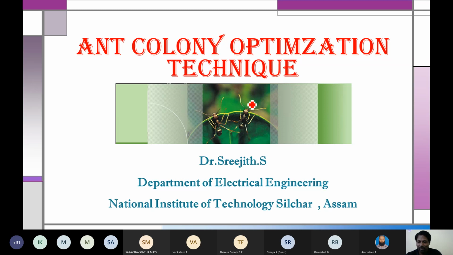If you specifically see with respect to electrical engineering, we have a lot of areas, right? Power electronics is there, power system is there, control is there. If you are just taking power system, you have a lot of problems, right? Load flow is there, economic load dispatch, optimal power flow, unit commitment, security constraints, a lot of problems are there. You can see in most of the problems people are using optimization techniques. Apart from this, location of FACTS devices, location of capacitors. So everywhere optimization technique is used.